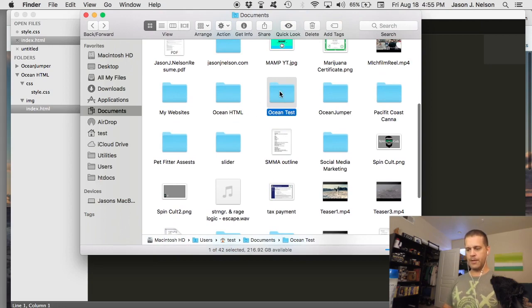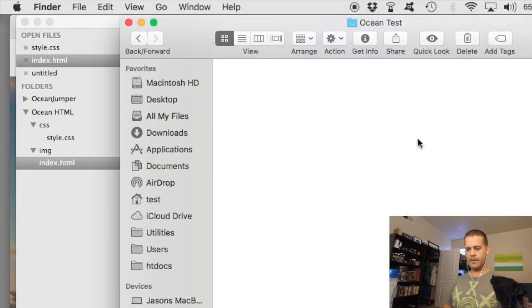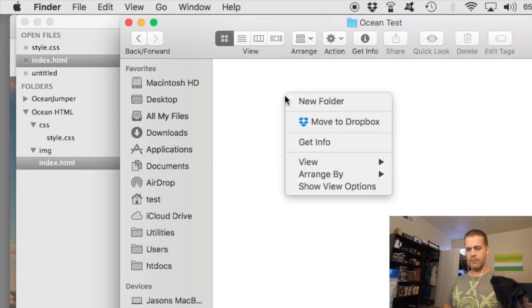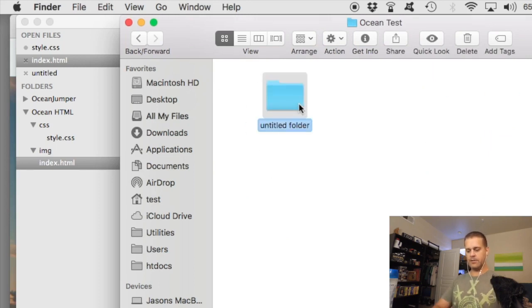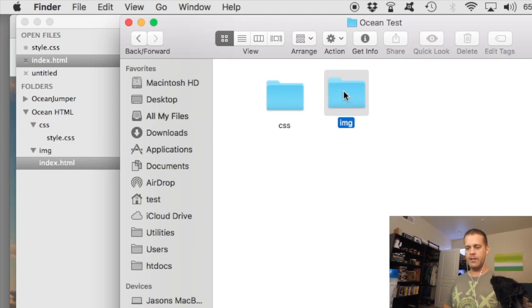Now the ocean test is a brand new folder I opened up, and you can see there's nothing in it once I go inside of it. Again, I want to make a folder inside this folder called CSS. And then I want to make another folder that's going to be my IMG, which is image, short for images. So I'm going to save all my images in one folder, my CSS in another folder,